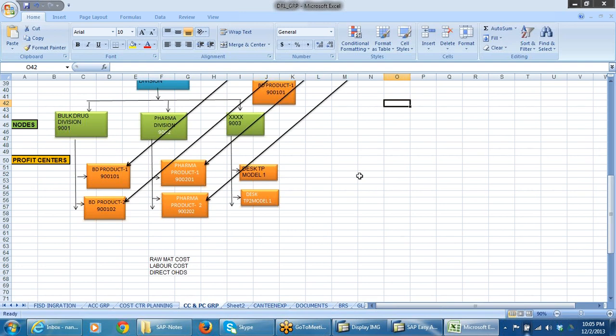Then when you total it up, say for example PC1 plus PC2 plus dummy PC is equal to profit by